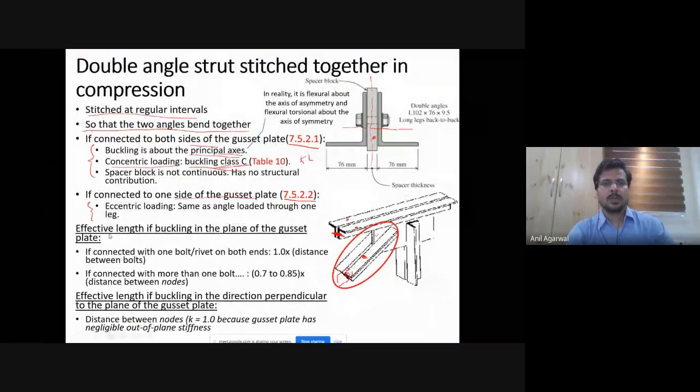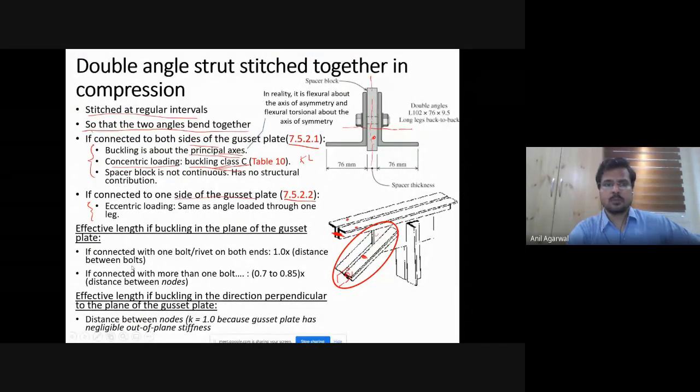All right. Now, if these are the two possibilities, what is the effective length we should take in each possibility? So if it is in this kind of a situation where the two angles are on either side of the gusset plate, and now if this member, let's say this member, which is put in